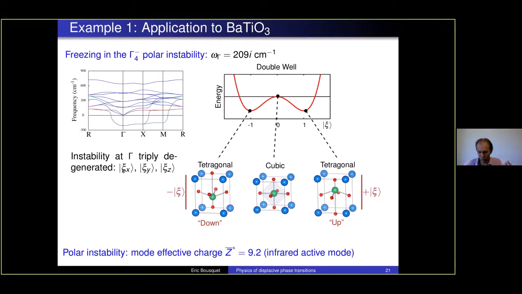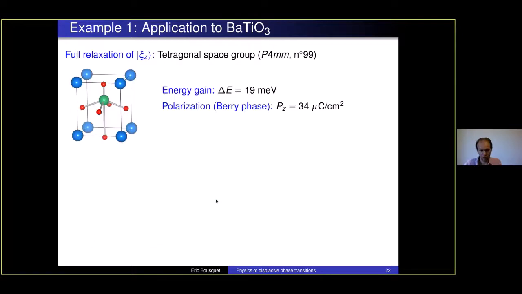You know it because it's going to be given by the vector of displacement given by the eigenvector of the unstable phonon, which is given here: the titanium going up, oxygen going down. Okay, this means that's okay. We can place ourselves, let's say, at the minimum of the energy here, and then we do a full structural relaxation. And indeed, we end up in a tetragonal space group, P4mm, which is a polar space group, number 99, which corresponds to the first ferroelectric phase of barium titanate, where the polarization is pointing only in